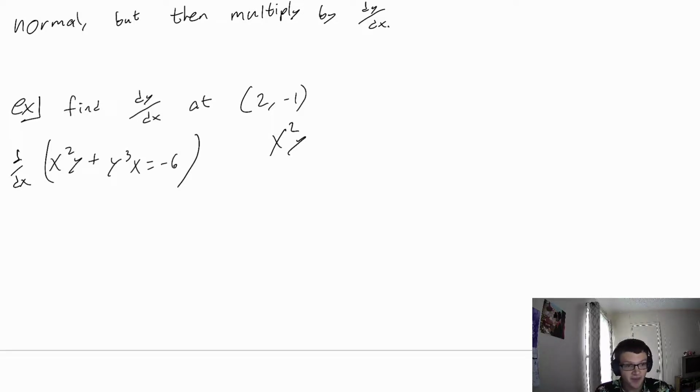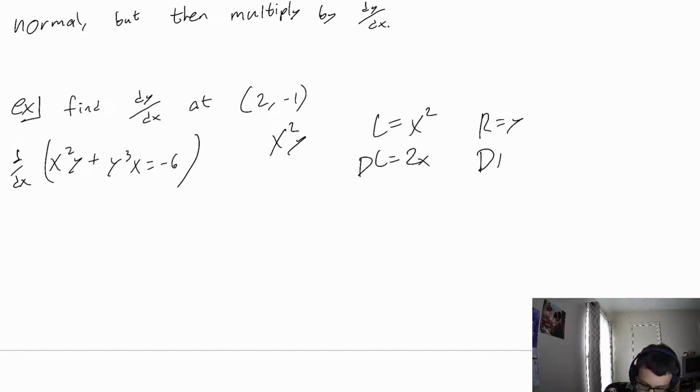If you give me a value of x, my value of y is kind of determined. So our left-hand thing is x squared. Our right-hand thing is y. So then dL is 2x. To find dR, we take the derivative as normal. So the derivative of y, if we apply our standard rules, we get 1. But then we have to multiply by a dy dx. So throwing that all together, we get